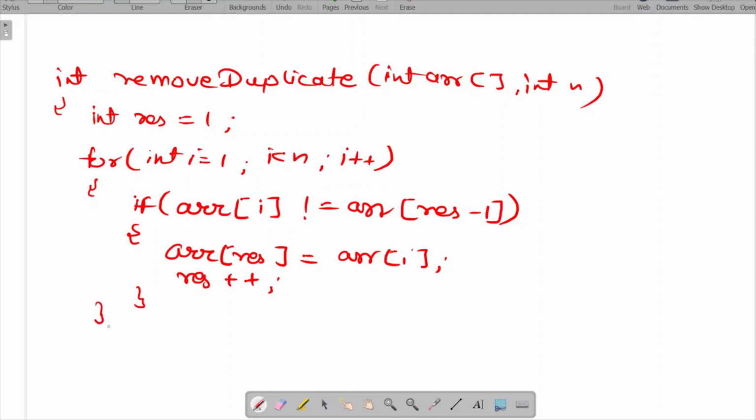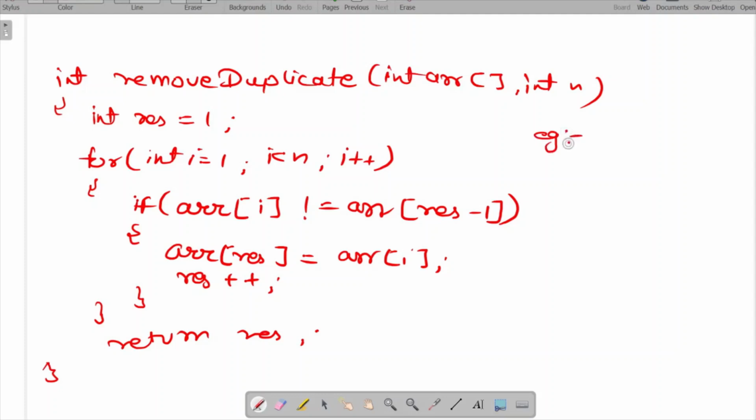And finally when the entire loop runs, we will simply return result at the end. So what this will do is give us the size of the new array.